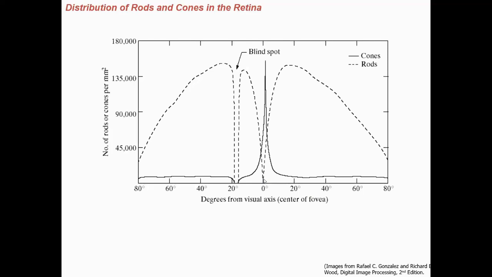Okay. So here you can see in the blind spot there are no rods and cones in this place. There is no light receptor in this area. This spot is called the blind spot, and the remaining